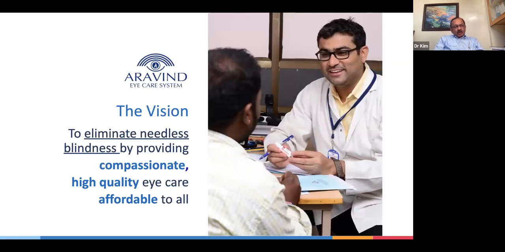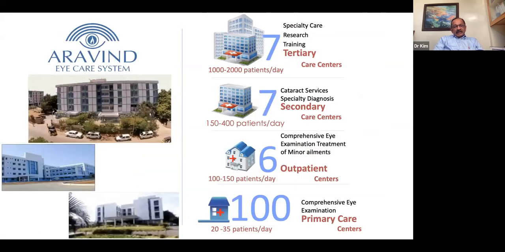Just to give, for those who don't know what Aravind is about, Aravind is a group of eye hospitals, what we call the Aravind Eye Care System, with a vision to eliminate needless blindness by providing compassionate, high quality, but more importantly, affordable eye care to all. So it's a group of many hospitals, like we have 7 tertiary hospitals, which have all these specialties, subspecialties of